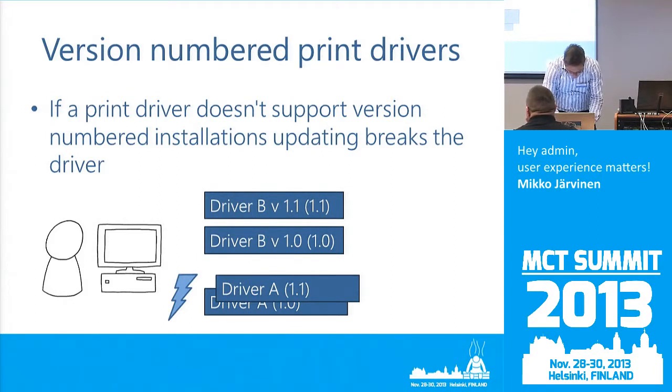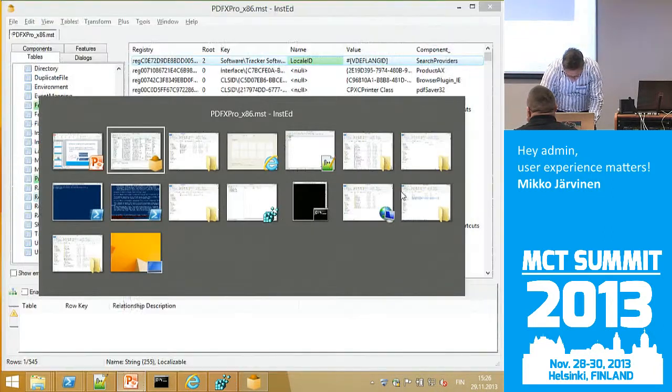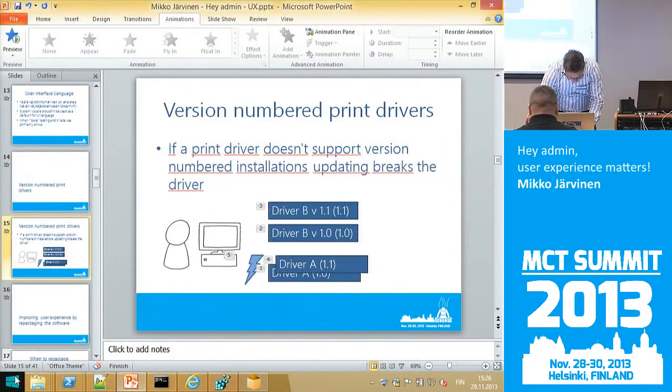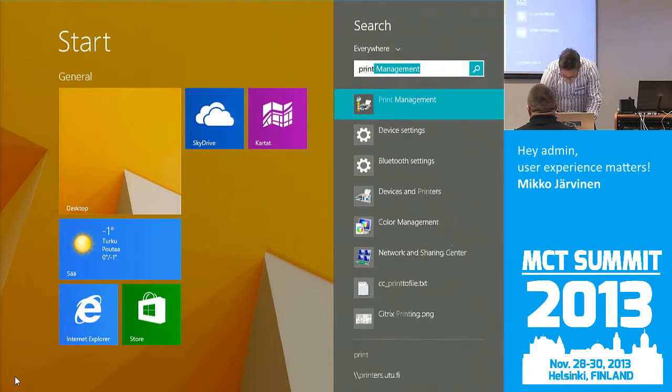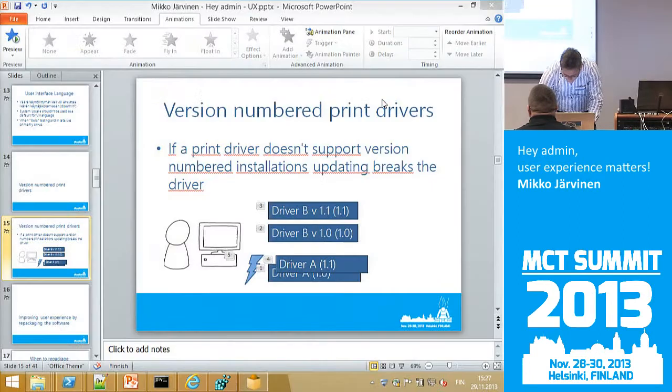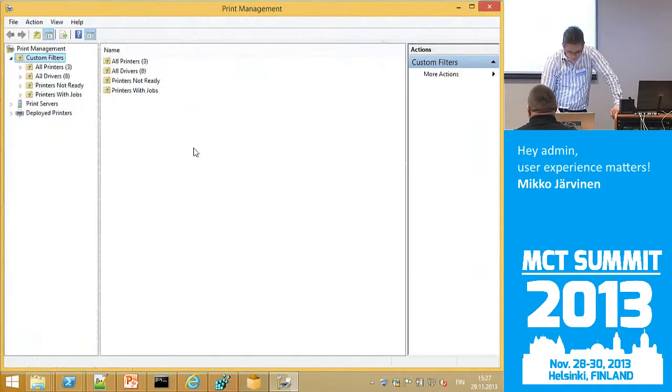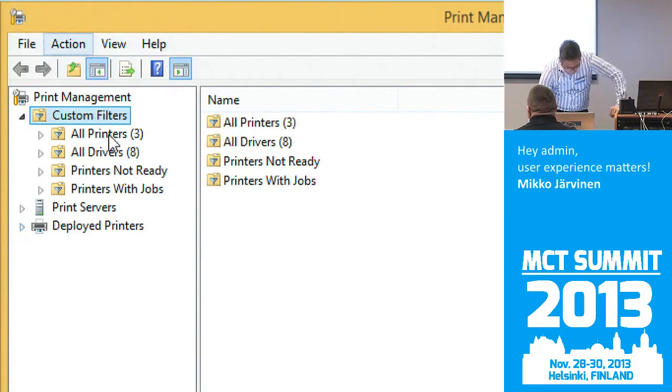And let's pick up print management. Okay. Print management. This is my computer.